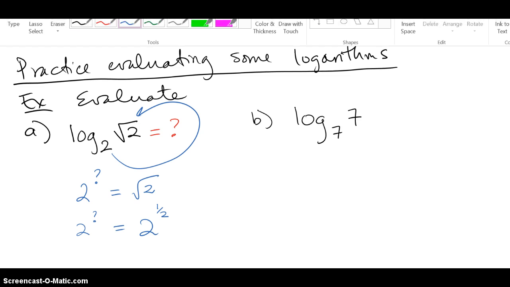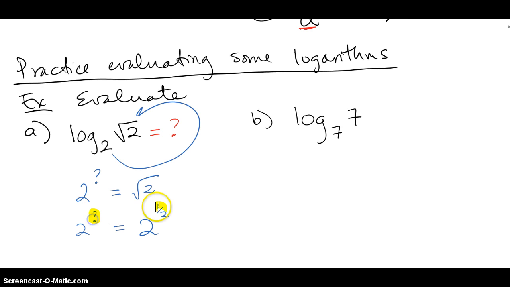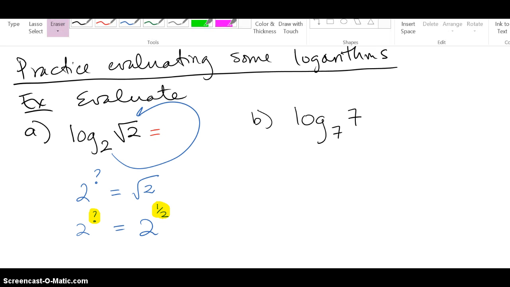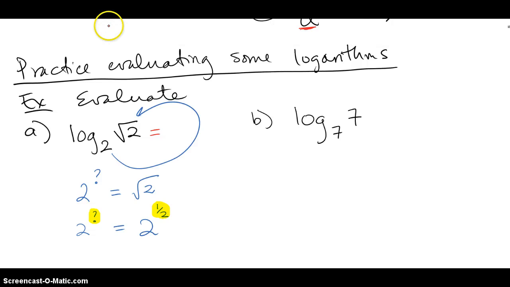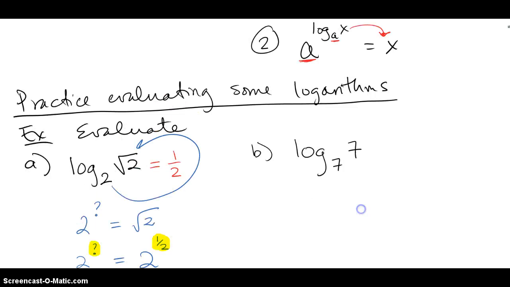So my answer, or my exponent in this case, my question mark, is really just a half. So it looks like log base 2 of square root of 2 is just equal to 1/2. That's one way I can look at that problem. Or I can maybe use